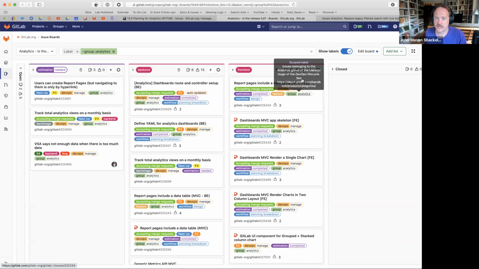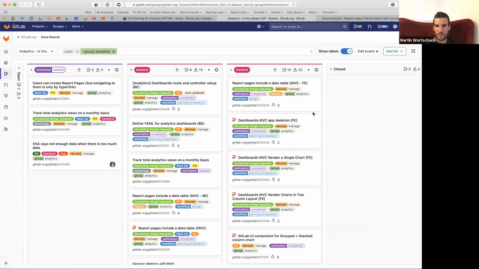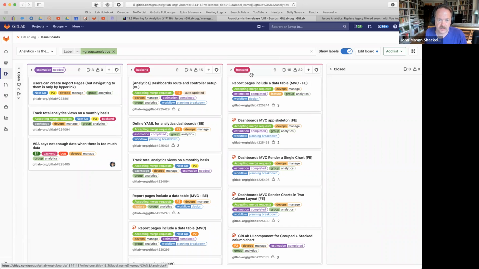The goal is to get to, for the front end, what number? Let's say around 16, 17. Okay. So I'm trying to think of what list we can create so that we can drag these out of here and have them go somewhere else.